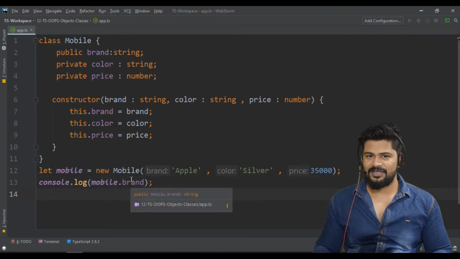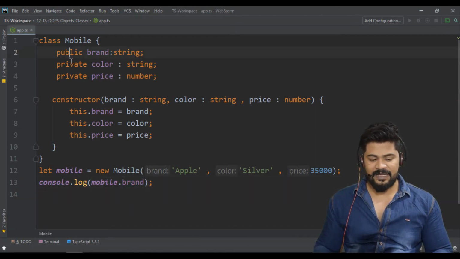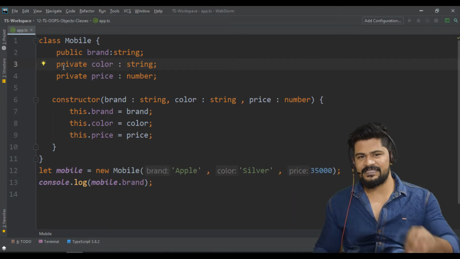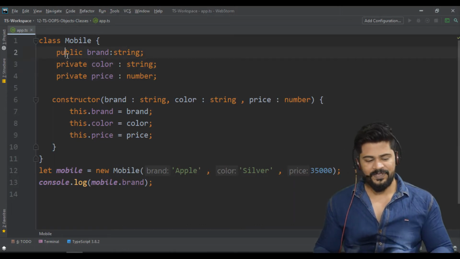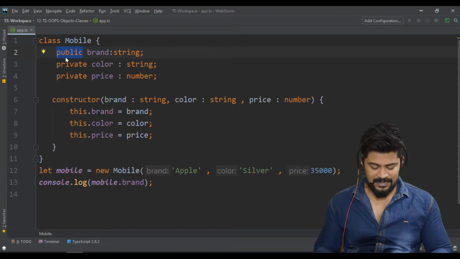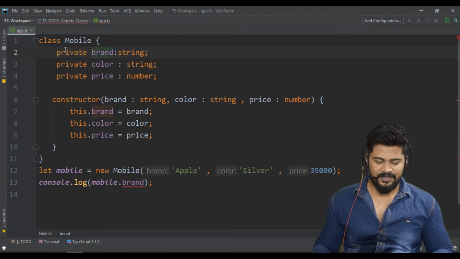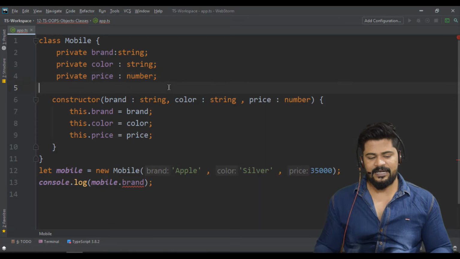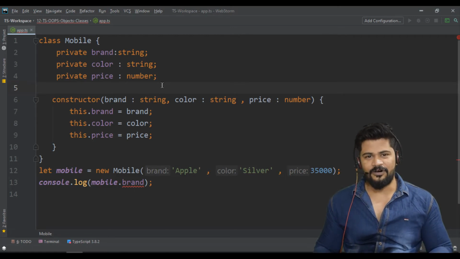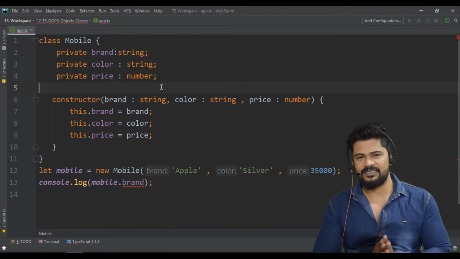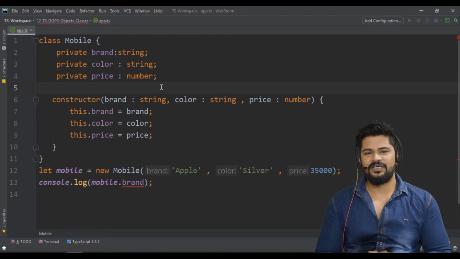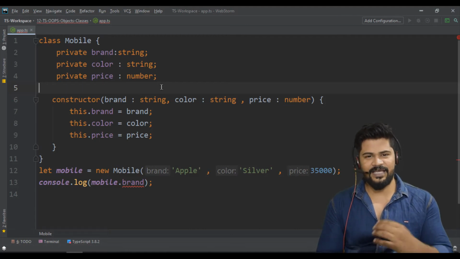See, no error. Because what's the difference between private and public? Private means you can only access it inside the class. If it is public, you can access it outside the class. But if you make it public, that is a violation of encapsulation, the rule of object oriented programming. So then, sir, how to call that? In a class, the properties are secured. If they are that highly secured, then how can I access them?